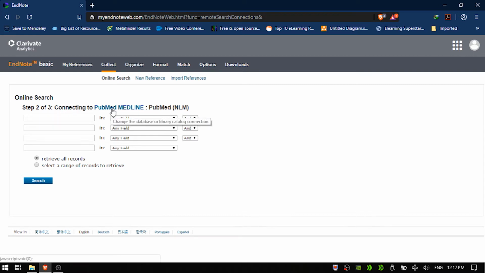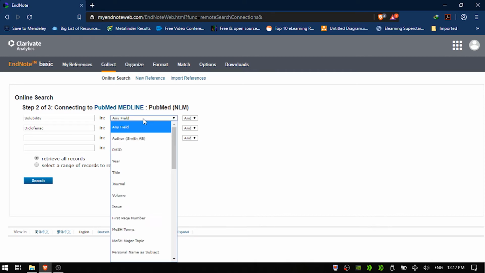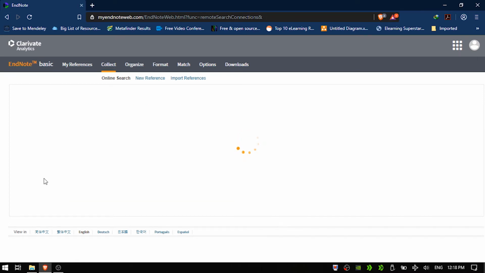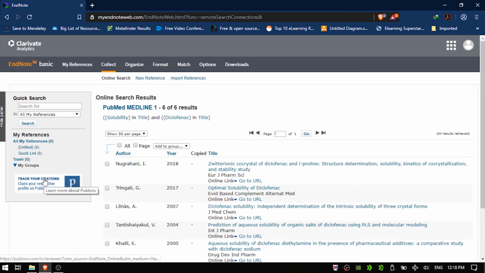We can change the database or library catalog connection by clicking here. We entered solubility and diclofenac in two different bars, selected title as the field for both keywords, and clicked search. This search yielded 6 results.